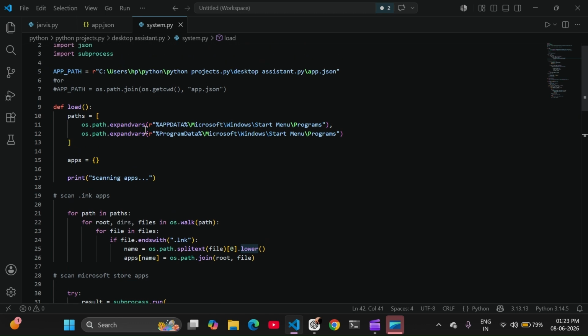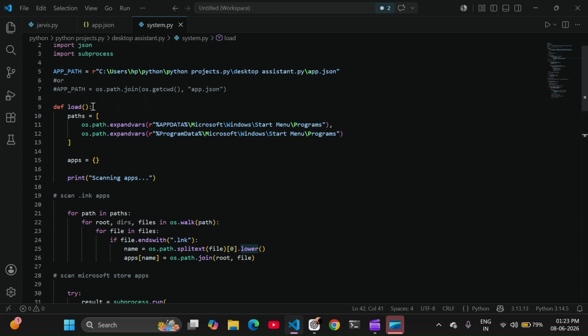in the app.json, we are going to save a dictionary of apps and their paths. Okay, so now load. If it is not loading, we call it from the main function. If it is not loaded, then go to the load.